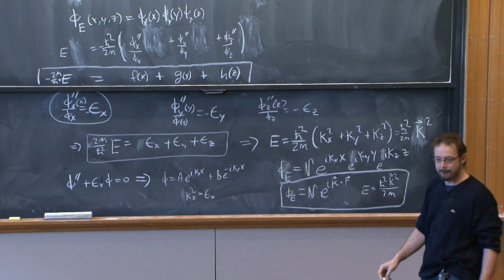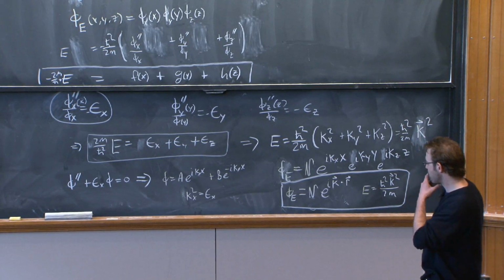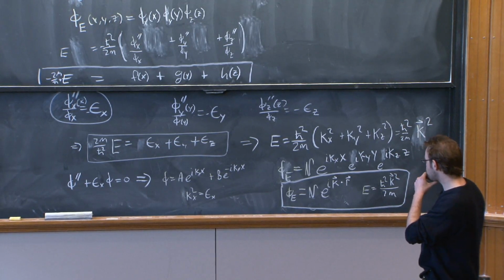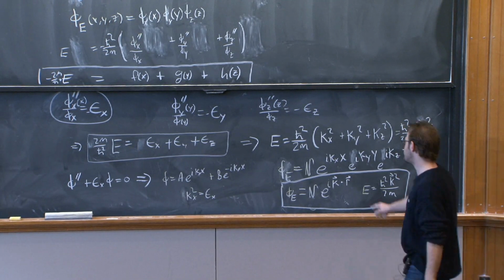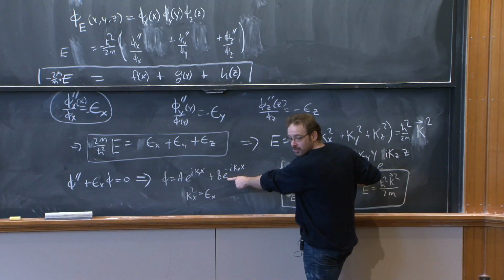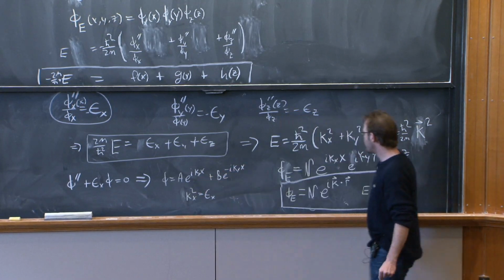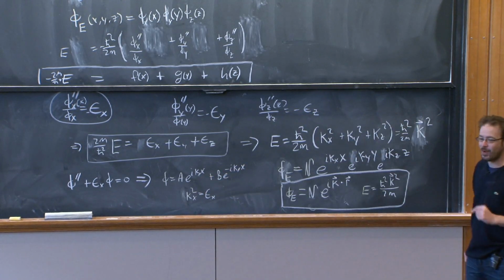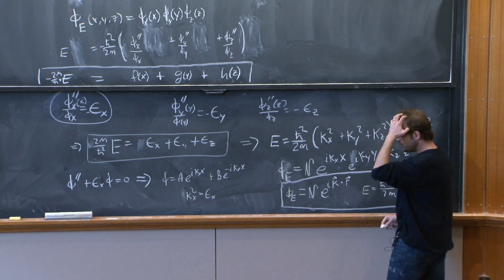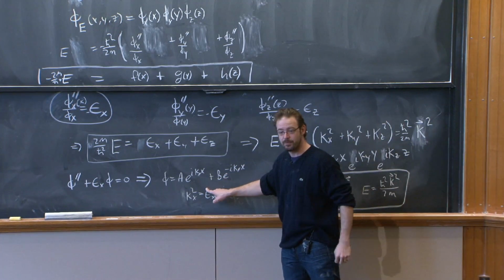What happened to the minus i kx, minus i ky, minus i kz term? Good. So here I just dropped these. I just picked examples where we just picked the e to the i kx. But that's an excellent question. So I've done something here. In particular, I looked at a special case.